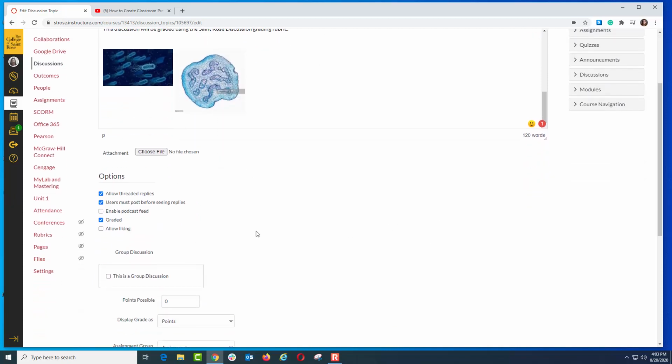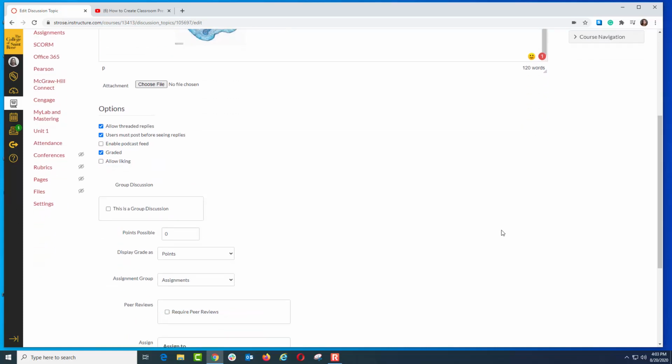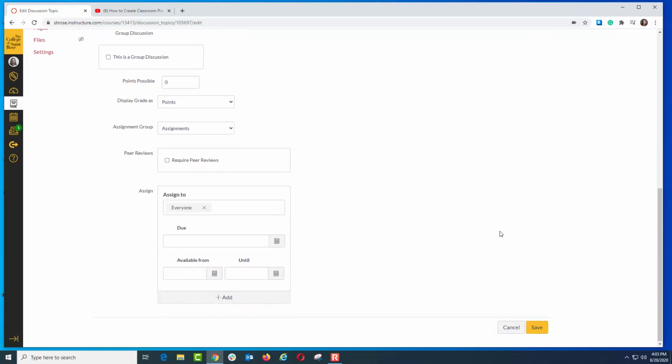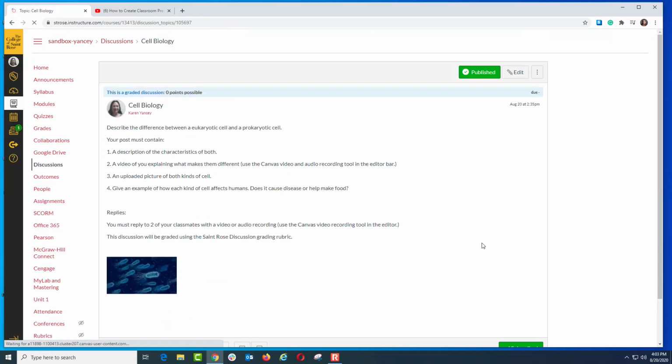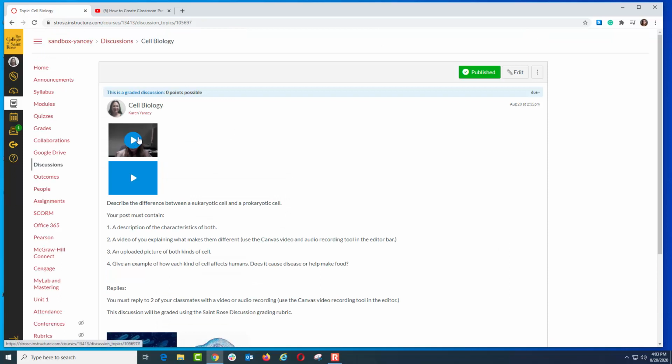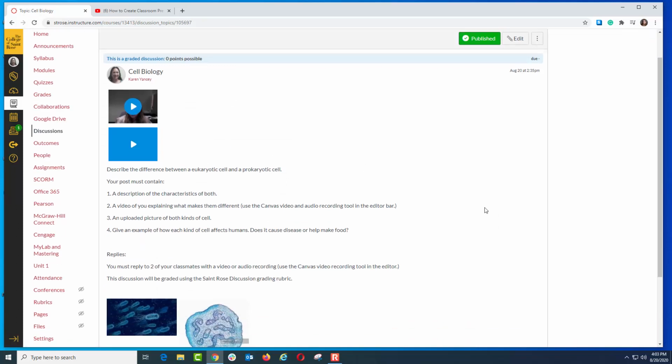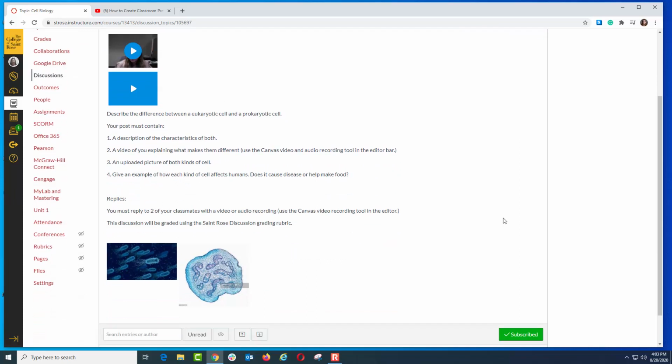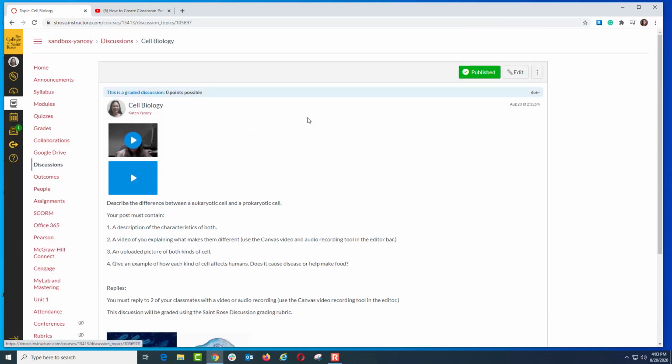In a discussion forum, you need to be sure to allow threaded replies, make sure it's graded, and users must post before seeing the replies of other students. That helps them to create more original posts based on what they know. Then you would press save. And now the student will have three forms of instructions, and they can go up to